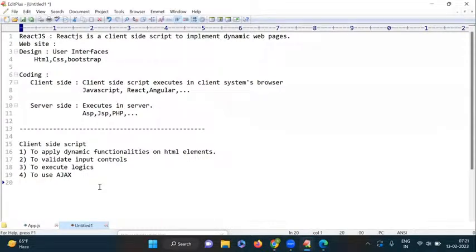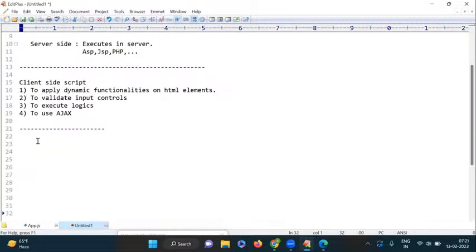Okay, so from this point of view also we are using client side scripts. These are the main reasons why we are using the client side technologies here. Okay, fine. I think all of you got the clarity on this point, right? Yes. Now we are